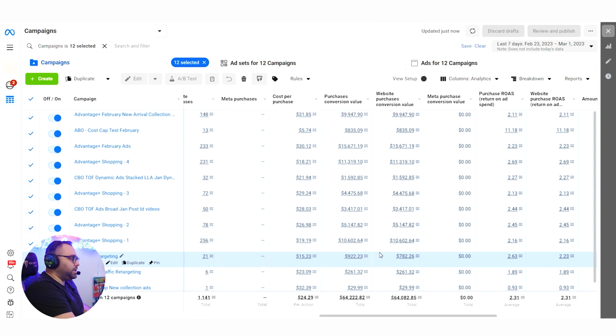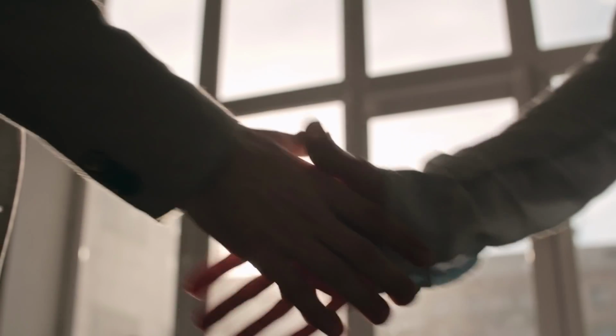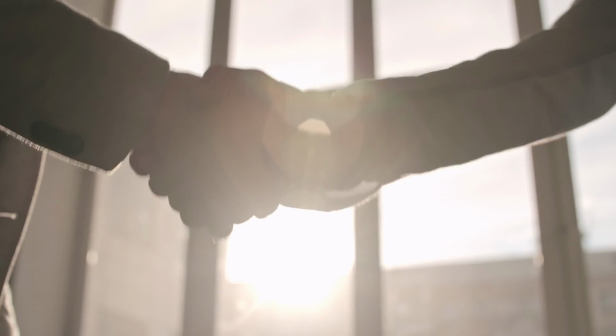I'm going to keep increasing it. I'm even going to take it to 30 or 31 to test it, because most of the time I see that it's giving you a little bit less. So maybe on 30 it's going to give me 28 or 27 cost per purchase, which for this account is good. I hope that it's not super complicated. I hope that you're going to play with it. I'm not worried about this because it's kind of risk-free, and you're not risking losing a lot of money in the process, because Facebook is going to protect you because of the pact that you have between you and Facebook.